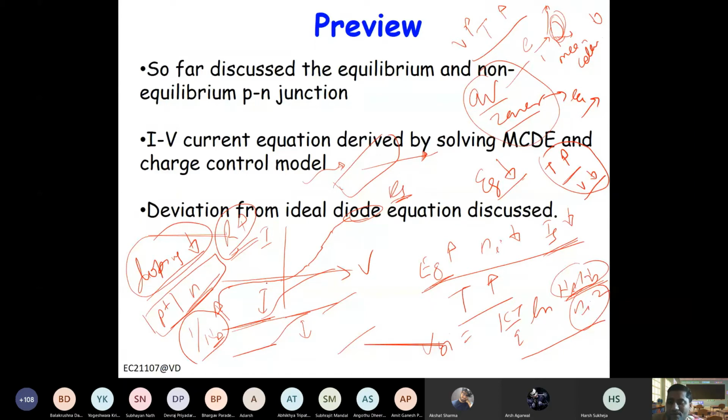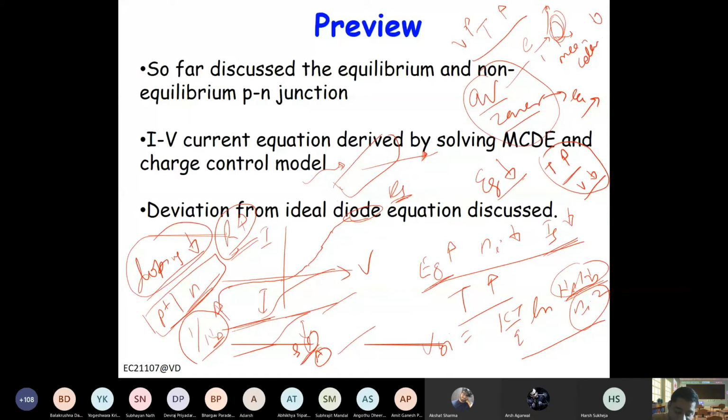So if your heating is increasing, what will you do now? What other parameter? You can make a large area and a smaller length to reduce the resistance. See, once you know the conductivity, because this doping will decide the conductivity, then resistance is rho L by A, right? So you can increase the area and reduce the length.